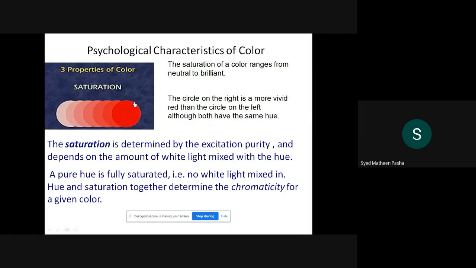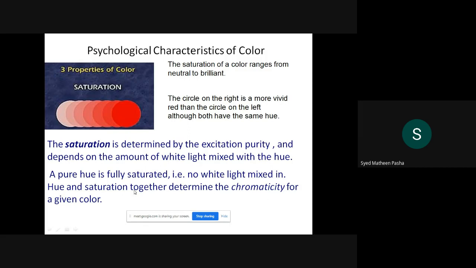If I mix some white color in this, this color starts shading, right? If I keep on adding some white color to this red color, this object keeps on shading. That is nothing but you will get a lighter image of that particular object. So that is what chromaticity is.